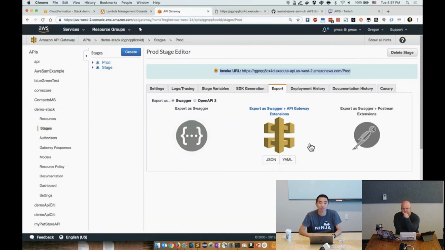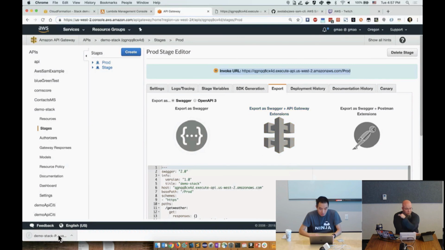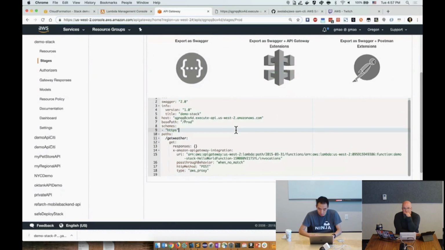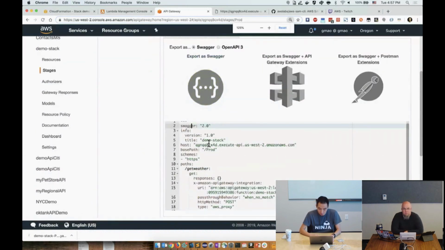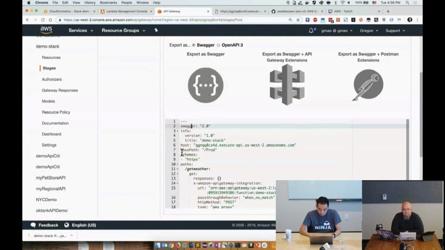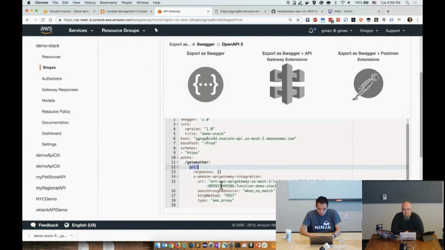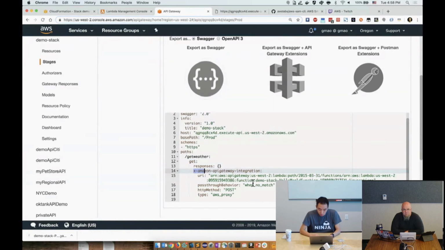So I know we had that little debate of who liked JSON, who liked YAML, but I'm going to go with YAML. So I'll click on YAML, and it downloads that file to my local machine, but also gives me a preview right here. So right in line, this is a Swagger 2.0 template, and zoom in a little bit for you. Notice here that it defines pretty much everything about this API. It defines that there's a single path /getWeather. GetWeather will respond to a get HTTP method request,